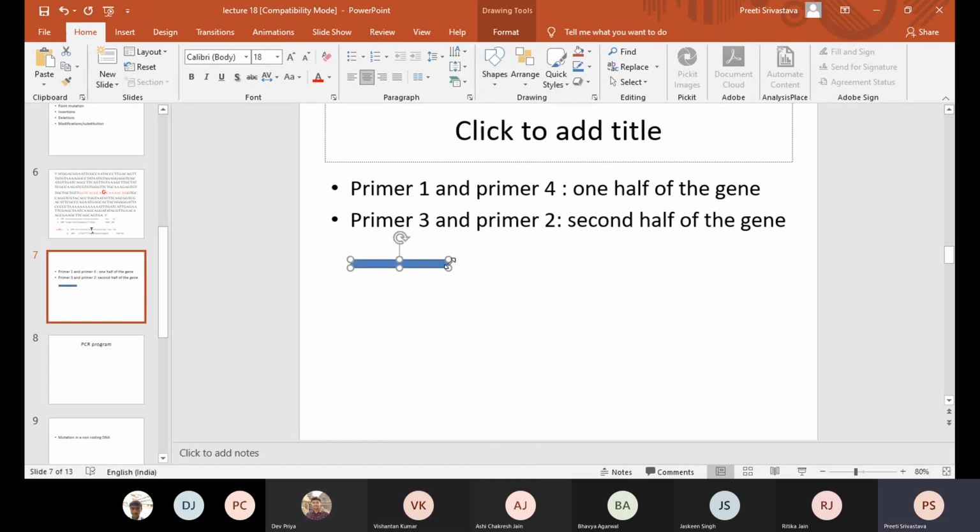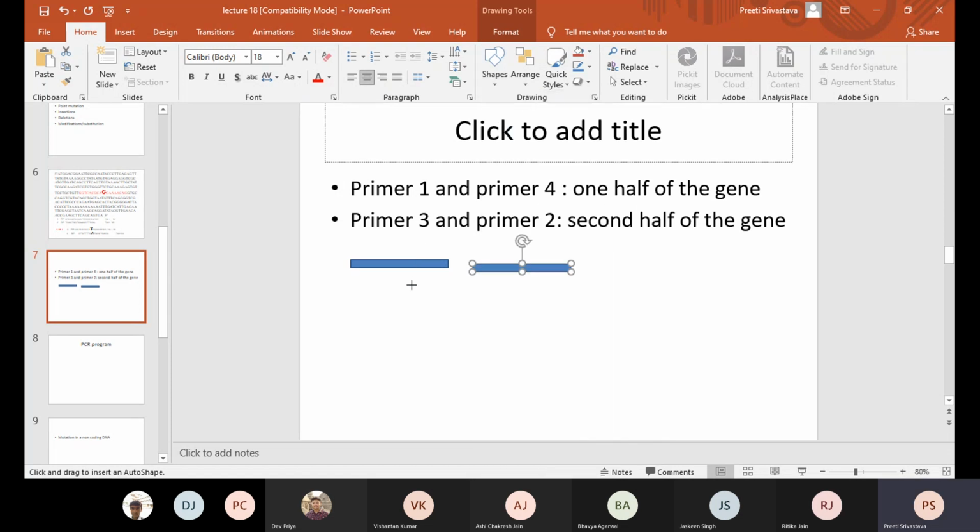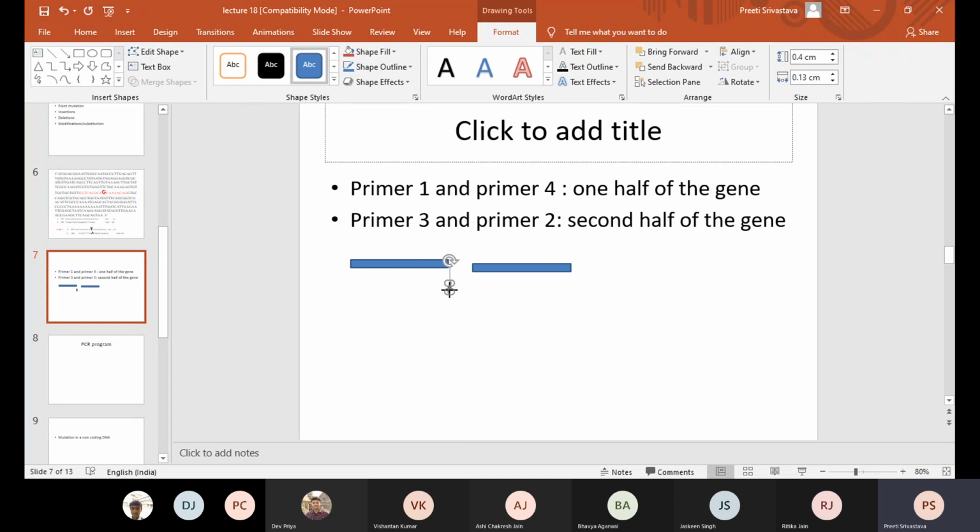So if I draw it like this, in this case, they both have some region, let's say, I can make it big.